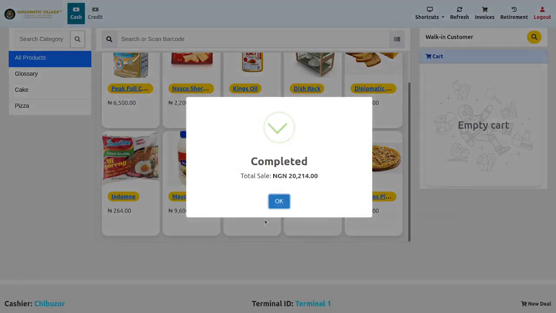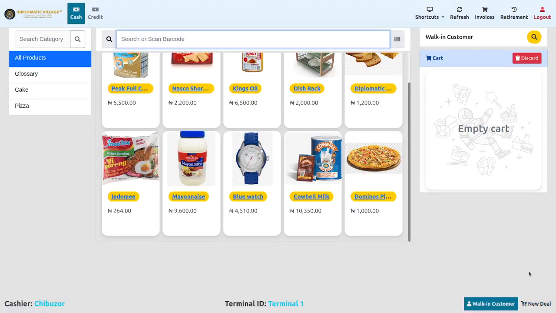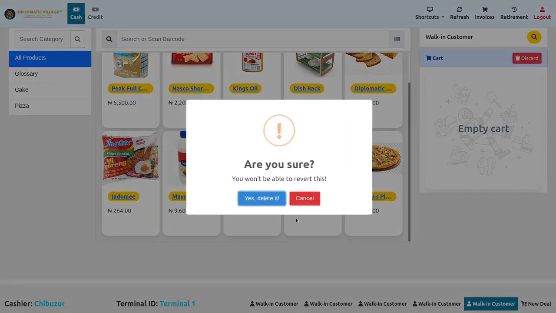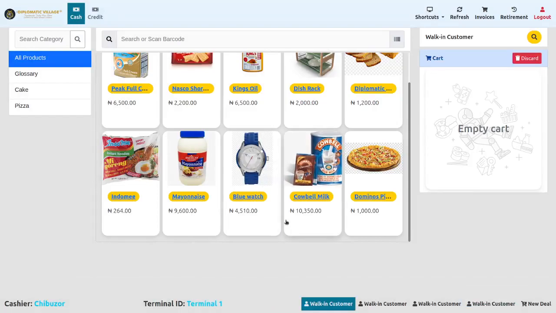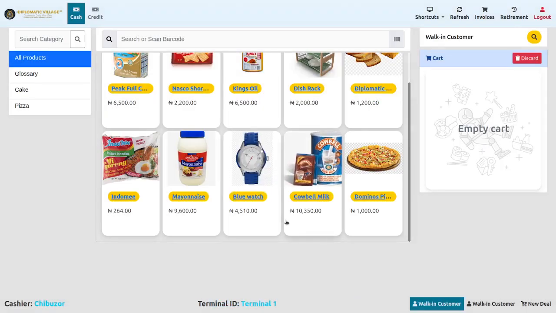In the meantime, with this invoice paid, the cart is empty and you can start a new deal by just clicking on new, right? Or clicking F2. You can open as many as required, and any active cards, if you want to delete or discard them, you can either click discard or hit the delete button on your keyboard and then spacebar to accept, or just click yes delete, and that is it. The system will simply delete the